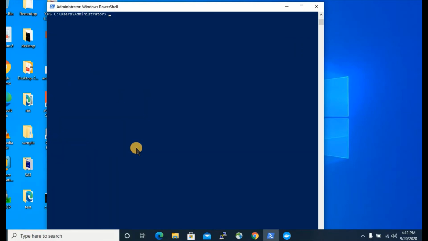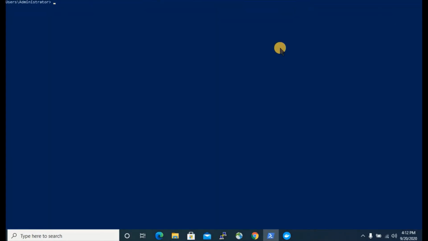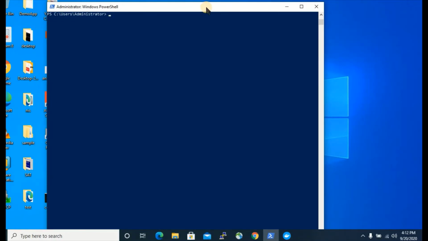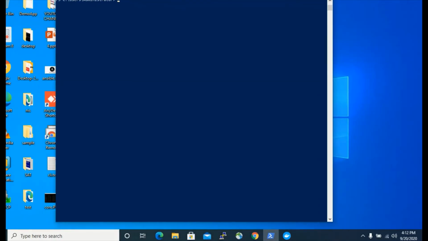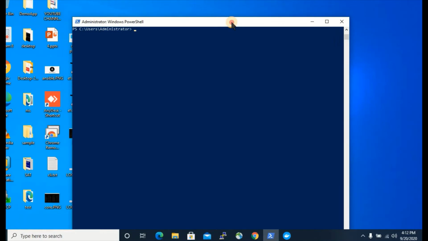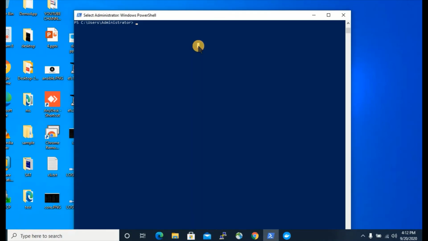So clear the screen, and now we will go completely to PowerShell mode and see what Docker images are there. You see, no Docker images are there. So we'll use docker pull with the tag also.